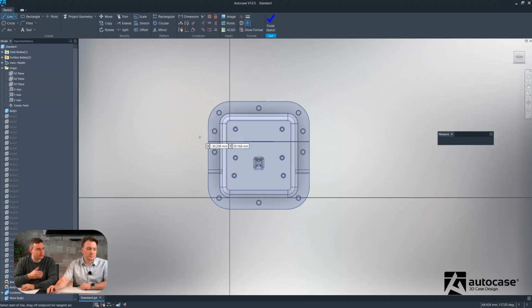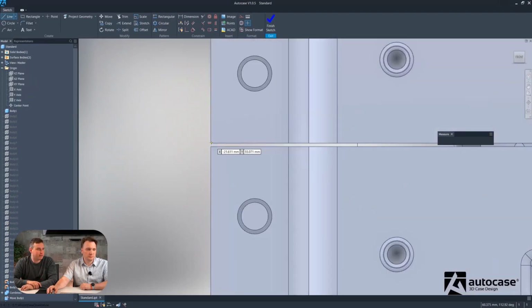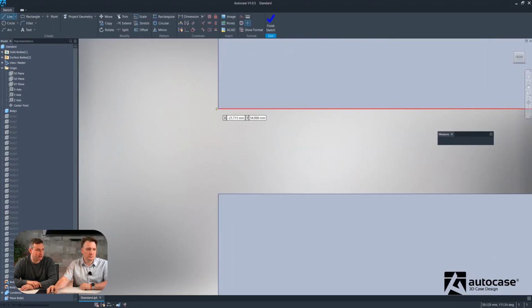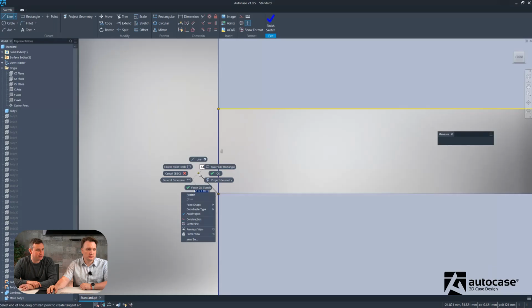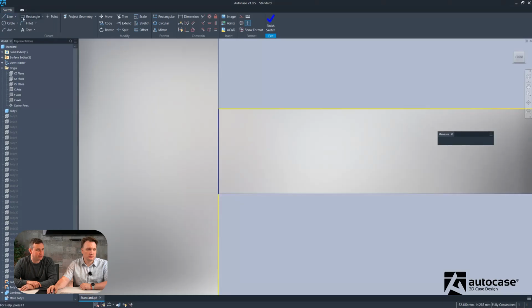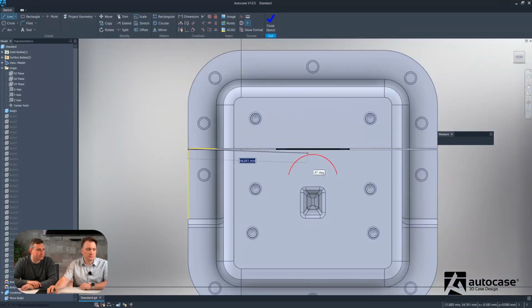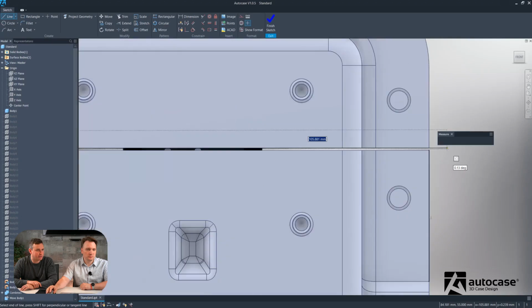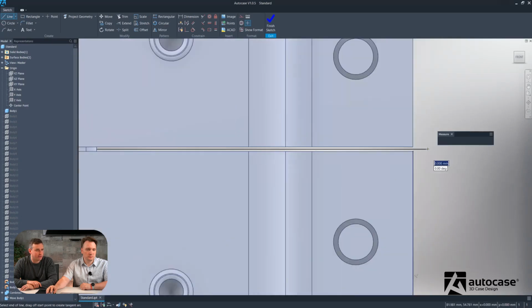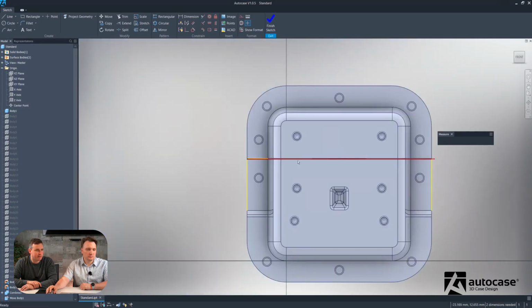So first of all, we're going to put in the construction lines. These are reference geometry. I've got some other videos about these. So we're just going to draw a couple of lines using geometry that's already in existence on the latch. So we're now going to need to find the middle of that latch. So we're doing that by drawing a small line first and then drawing another line off of the middle of that point. So we now have a line running directly between the split of the top and bottom section of